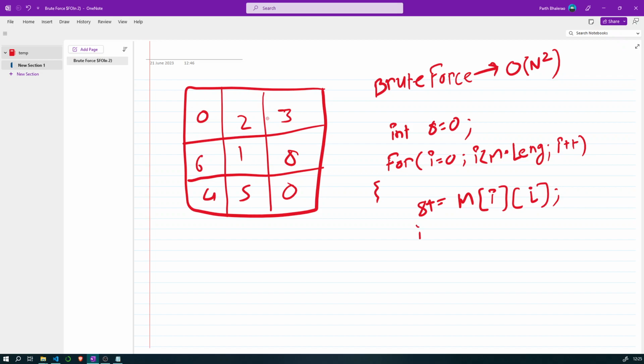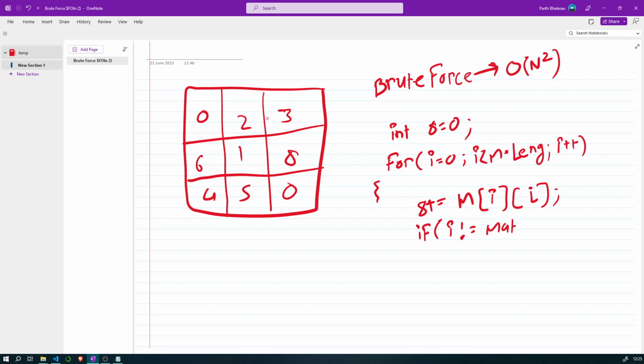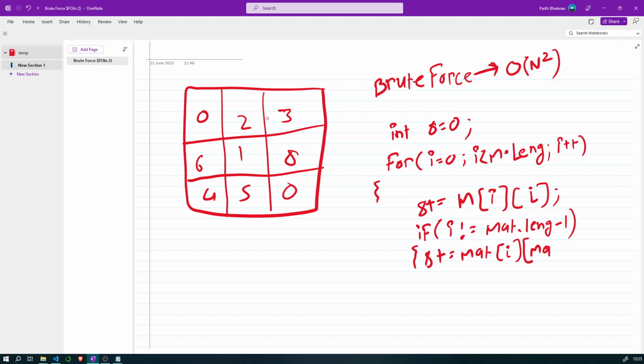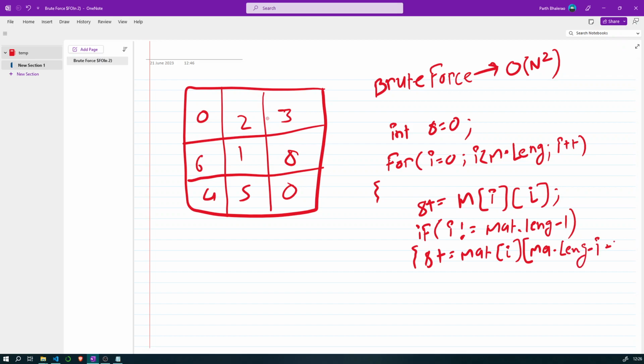However, we also need to consider the secondary diagonal. So for handling the secondary diagonal, I write an additional if: if i is not equal to mat.length minus 1 over 2, if so is the case, then s plus equal to mat[i][mat.length minus i minus 1].